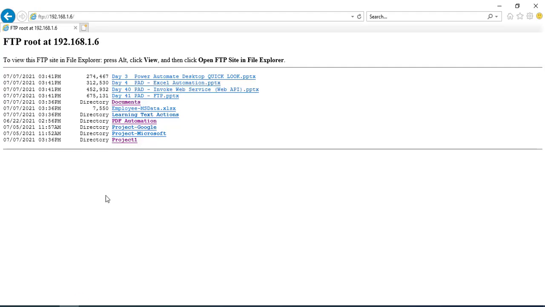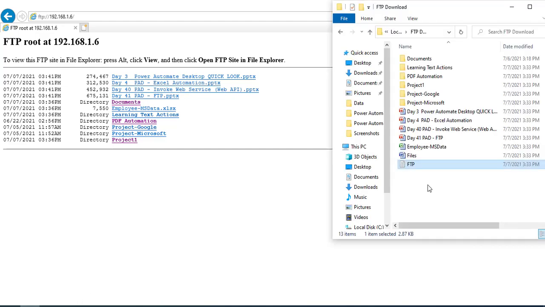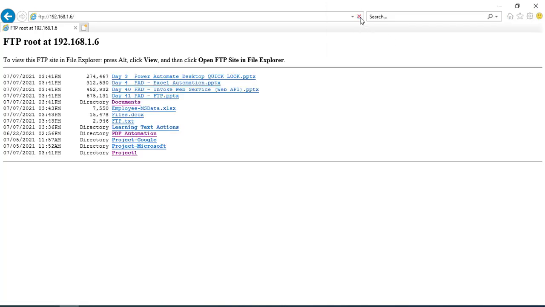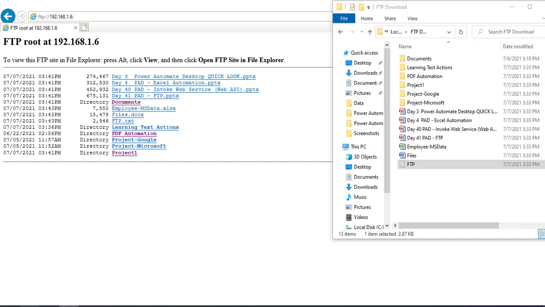Now once again, let's go back to the FTP server. Along with that, I will show you the local folders side by side. Now, what will happen when I give it the files to sync, only not matching files? In that case, the files which are in the FTP will also upload successfully over here. Now let me refresh it once again. Now you can see I'm having files.docx along with ftp.text, which also has been uploaded successfully.